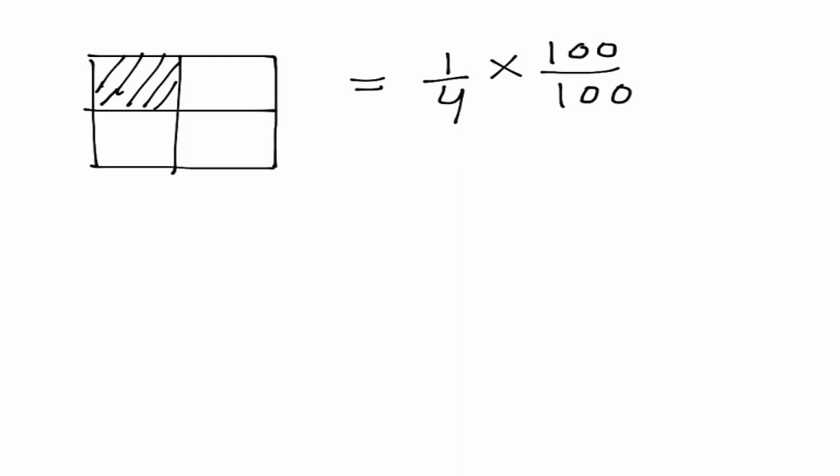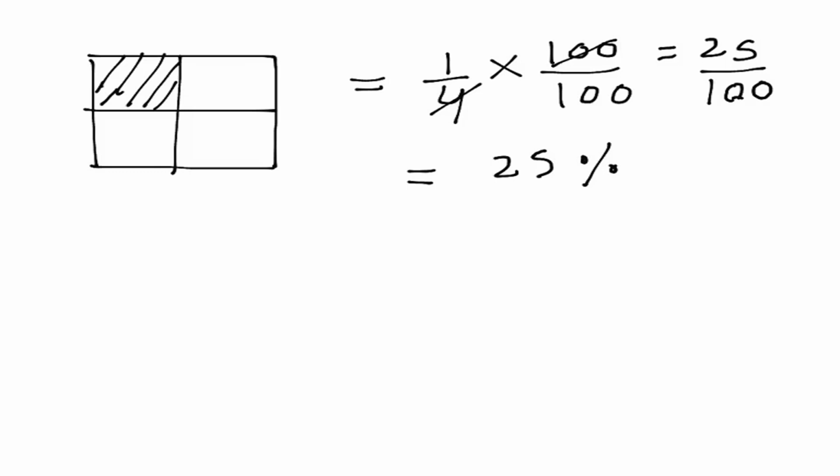So here what we will get, 100 divided by 4 will give us 25. And in the denominator we will have 100. So 25 by 100 we can write as 25%. So for every 100, we can replace it with the percentage sign. If we have 10%, we can write it as a fraction 10 by 100. So if we ask in percentage form, how many percent of this square has been shaded, we can say 25% of this square we shaded.